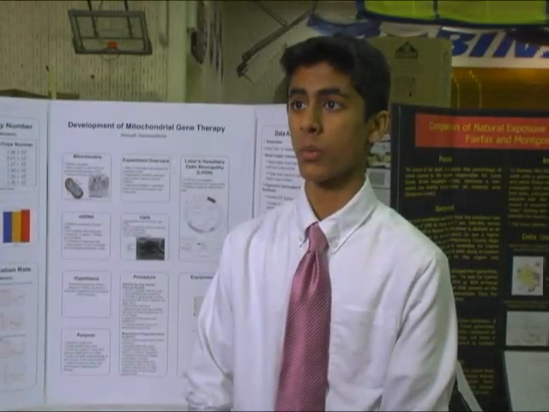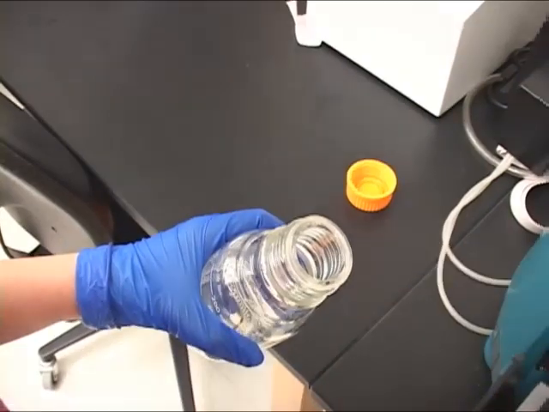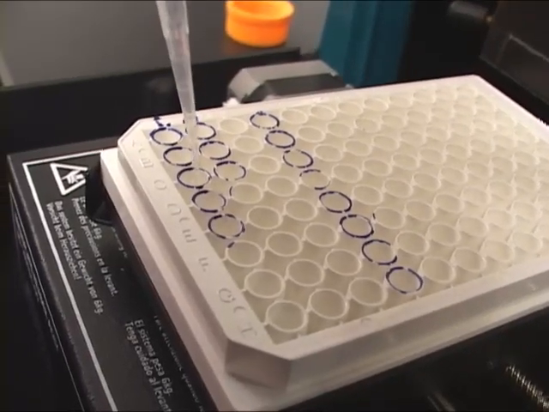A lot of the stuff you're working with you really can't see, so you have to use indirect methods to find it. I collected the data myself, mainly using pipettes and plate readers. What I was doing was measuring the amount of DNA that I had, and I did this with a procedure called qPCR, or quantitative PCR. And you do this by amplifying the amount of DNA you have. You add a fluorescent marker called cyber green, and by measuring how much the solution is glowing, you know how